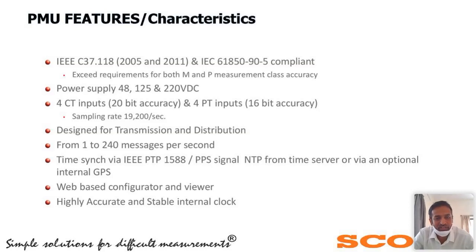And for time synchronization through GPS, you have different options like PTP, PPS signals or NTP signals. With the optional internal GPS system, or if you have an external GPS clock, you can connect with the PPS or PTP signal. Or if you don't have that, you only have to purchase one antenna. Internally, we have a GPS clock with high nanosecond accuracy, so you can use that internal clock also. And you can give that clock's output to other devices for synchronization. That is very useful when you are using the internal clock.